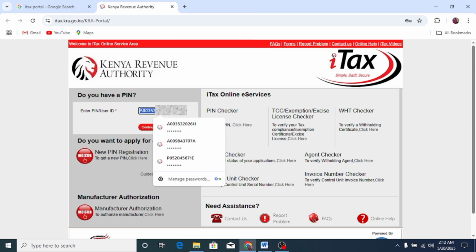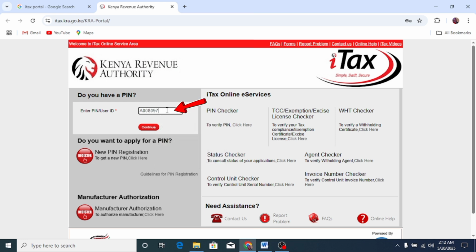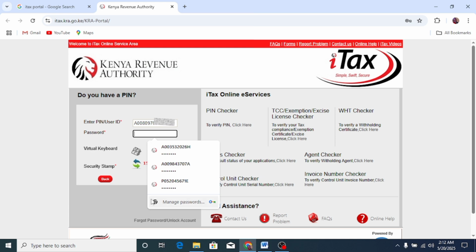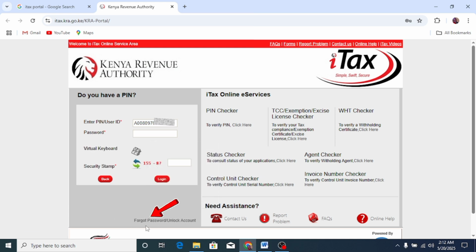Enter your KRA PIN like this. Click continue. Now that you don't remember the password, you'll have to click down here where it says forgot password or unlock account. Click here,